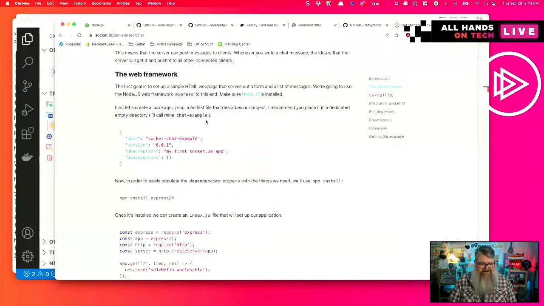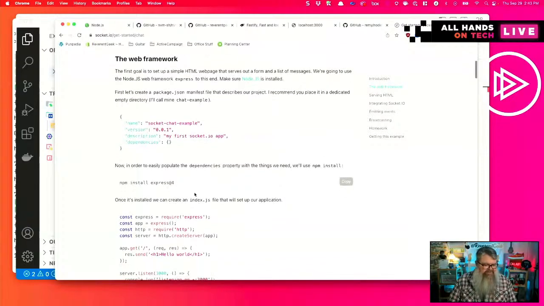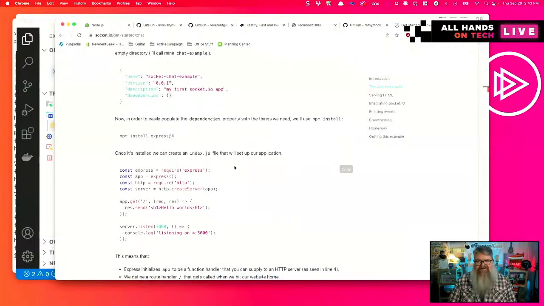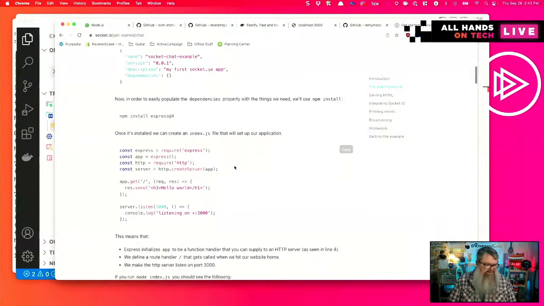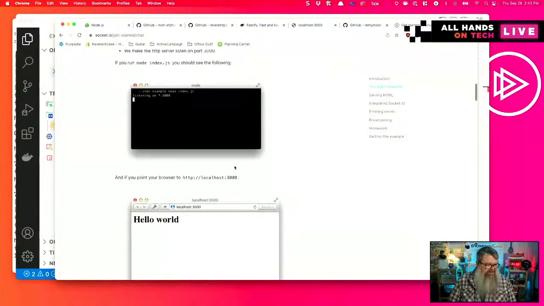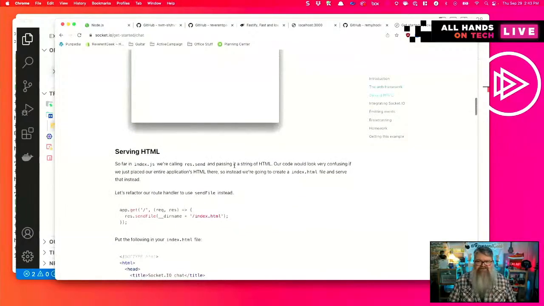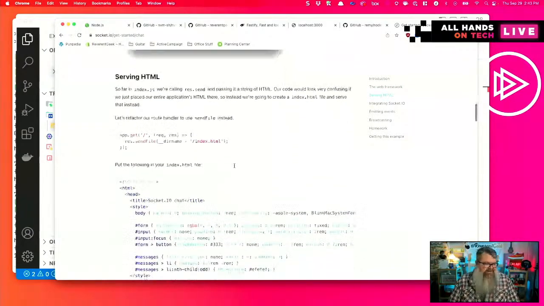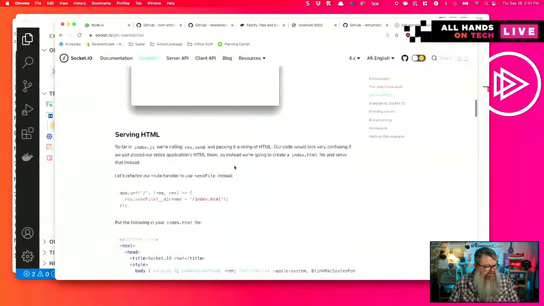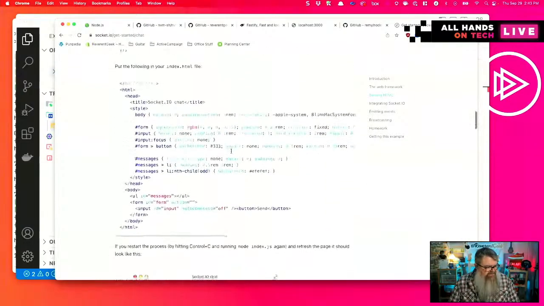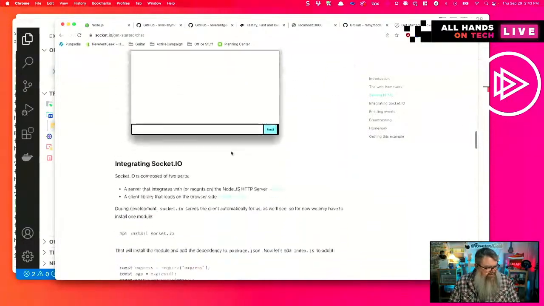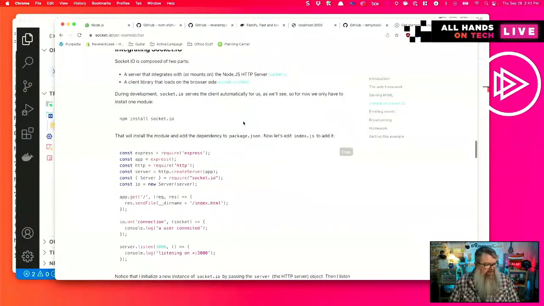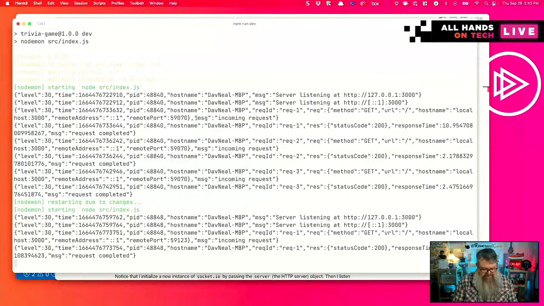We want to use Fastify. So some of the documentation might not be so easy to follow to see that Socket IO is working like it's supposed to. I'm going to skip all this Express stuff and come down to the part where it's talking about using Socket IO. So Socket.io is the name of the module that we need to install.